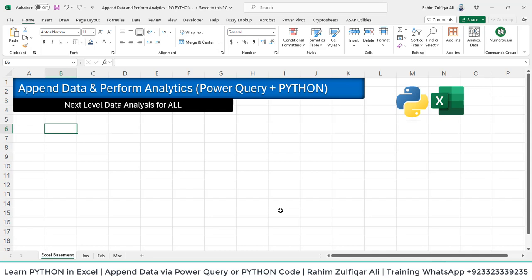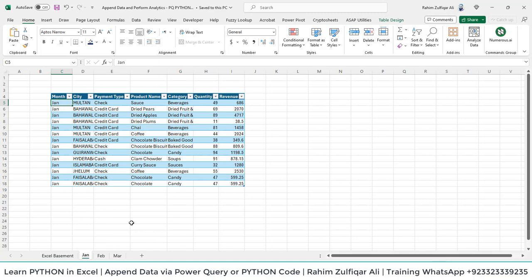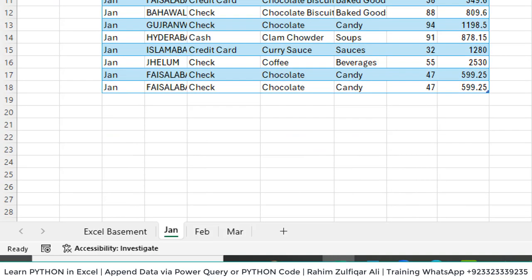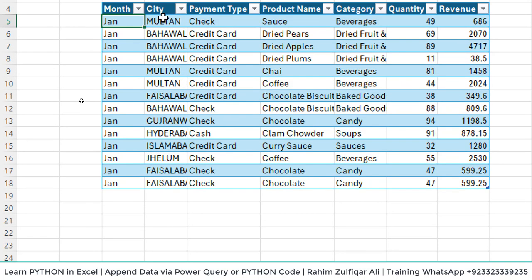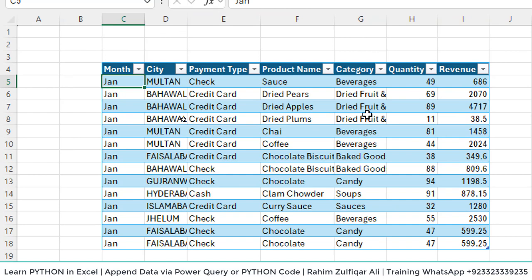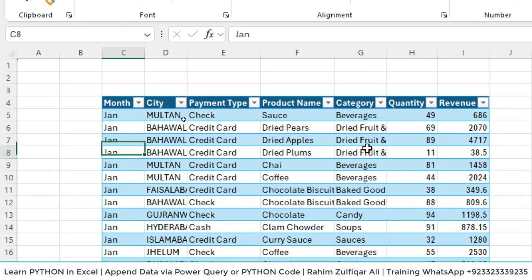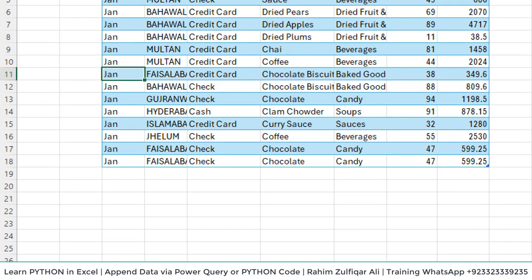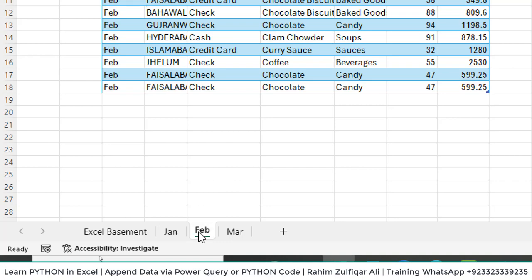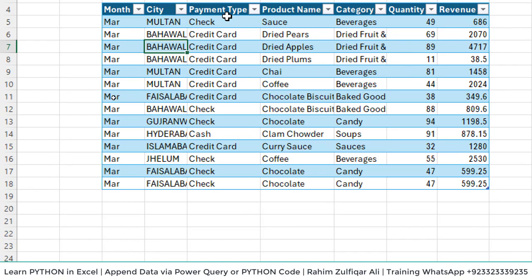So the first method we will be using is Power Query. So we have three sheets, as you can see here, for the data month wise: Jan, Feb and March. You can see in the January sheet we have certain columns, and this pertains to January data. Then we can go to Feb. So this is the data for the month of Feb in a separate sheet, and this is for the March